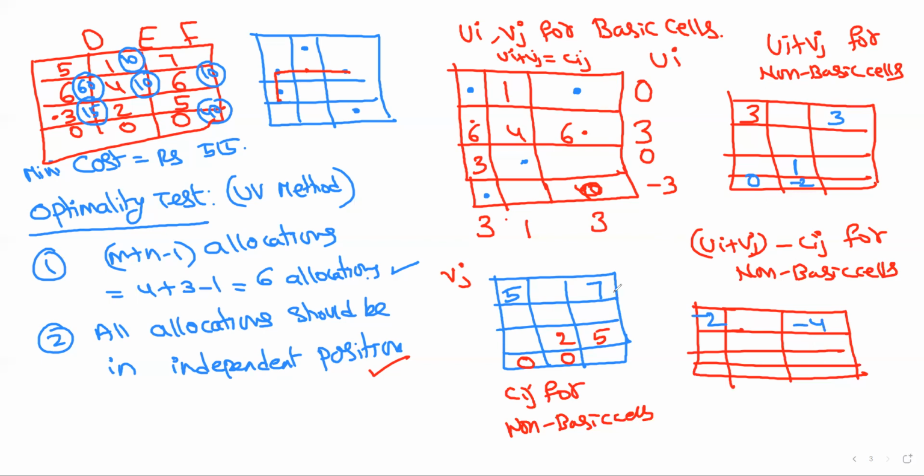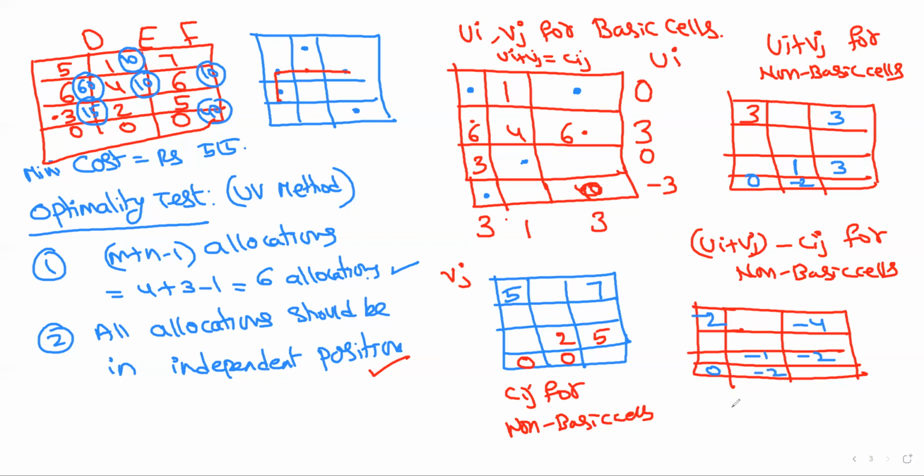And here 1 minus... here also I forgot to write: 0 plus 3, 3. 1 minus 2, minus 1. 3 minus 5, minus 2. 0 minus 0, 0. Minus 2 minus 0,